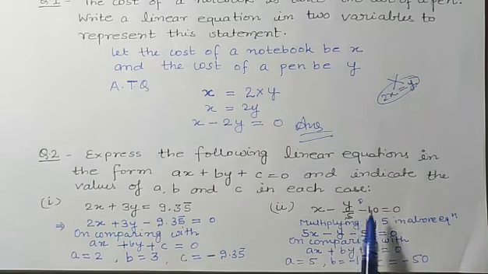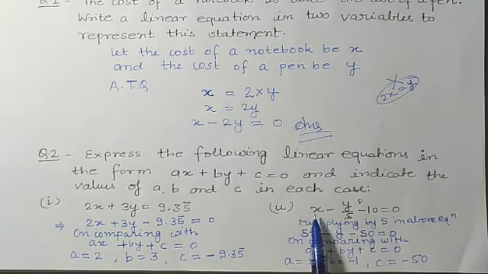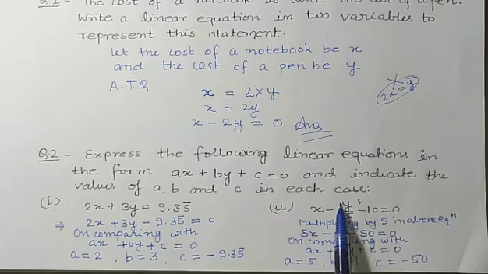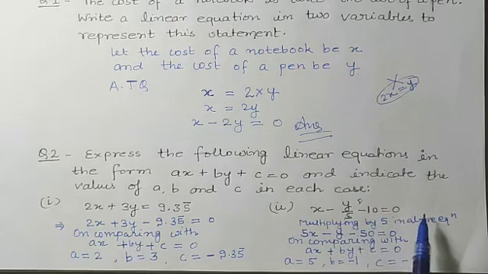And students, we can do this question by the same method like this. In that case students, we'll get the value of a is what? 1 on comparing, and the value of b is what? Minus 1 by 5, because it is minus 1 by 5 into y here, and the value of c is what? Minus 10. So we can solve in that manner also, and in this manner also. Both are correct.